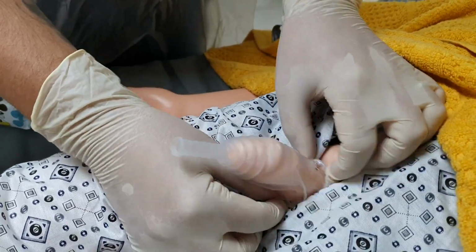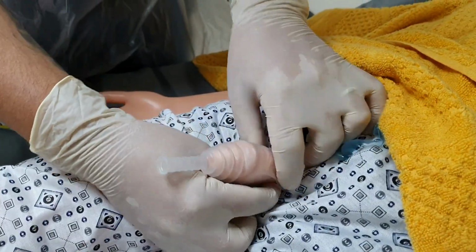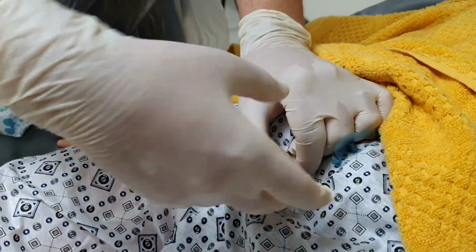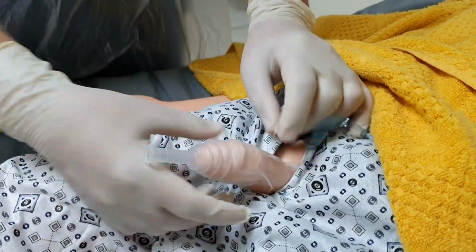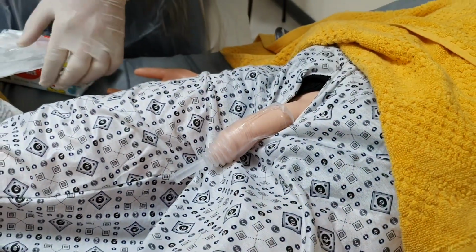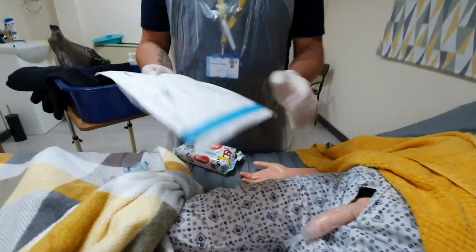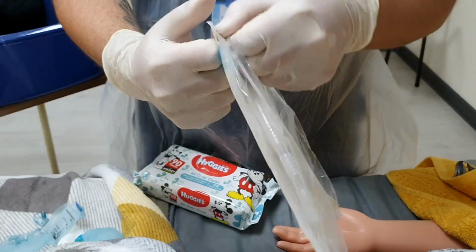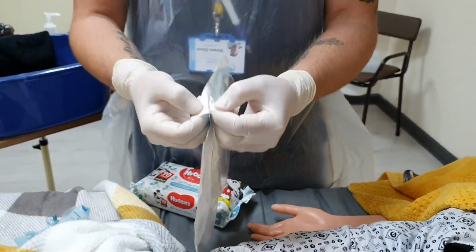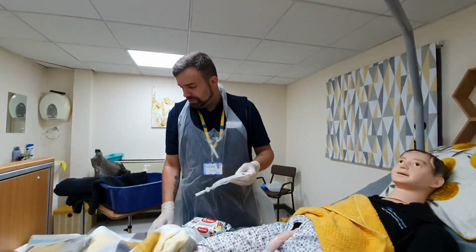Okay, so you can see that it's got a sticky part on the inside and you need to make sure that that's stuck all the way around. So actually if I've pulled that, it's not going to come off. We're now going to open up the catheter bag. Now it's really important that these are sealed for infection control purposes. So, once we've opened up the bag,